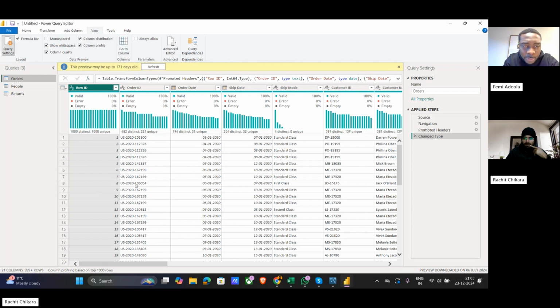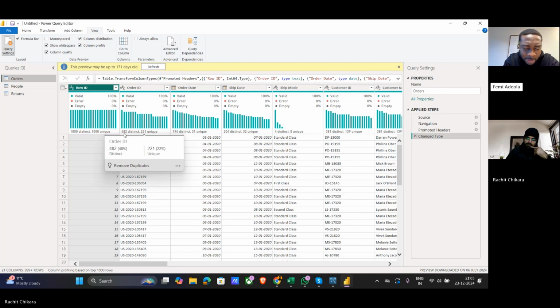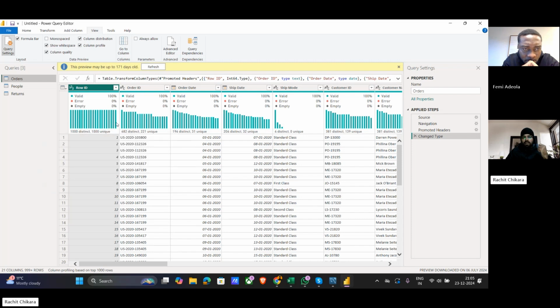I have a question. If you look at the order ID column, it's distributed as a chart. What does each one of those lines mean, like 48, 482 distinct, 20, 221 unique? What does each bar stand for? Okay, understood. It is just a comparison of distinct and unique values. If you just see it here,